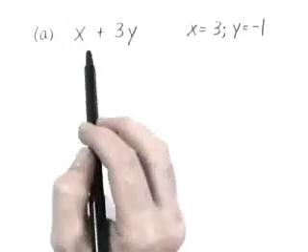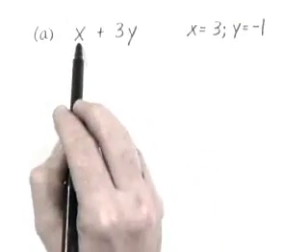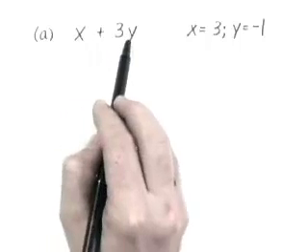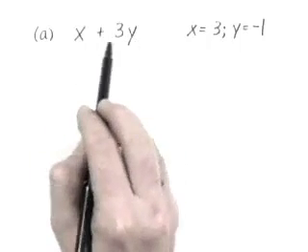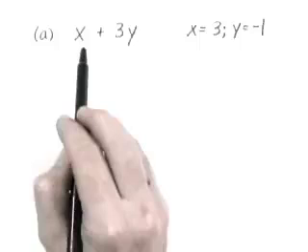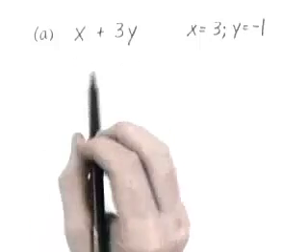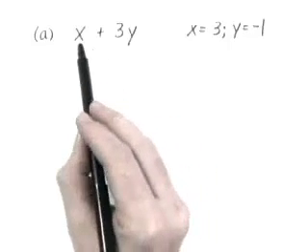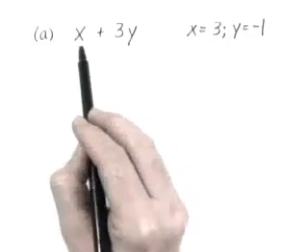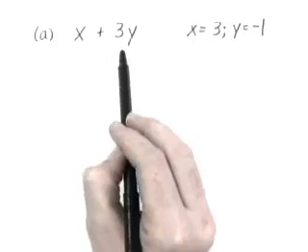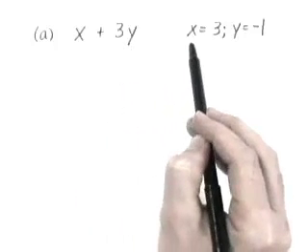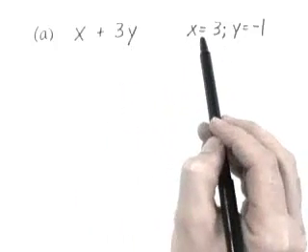We're now going to start evaluating algebraic expressions. What we have here is an expression that says x plus 3y. These values x and y are called variables because the quantities that go into x and y are allowed to vary. Typically what we like to do with algebraic expressions is initially we're going to evaluate them for specific values